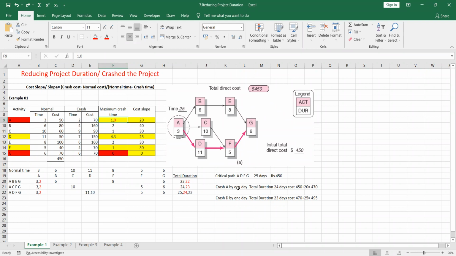So crash A by 1 day. When you are crashing A by 1 day, you have to see where activity A is. So activity A is there in the 3 paths. All these 3 paths have it. Therefore,